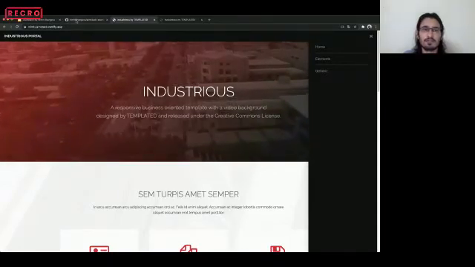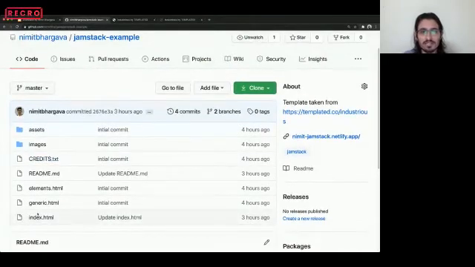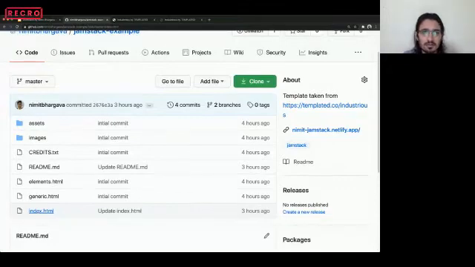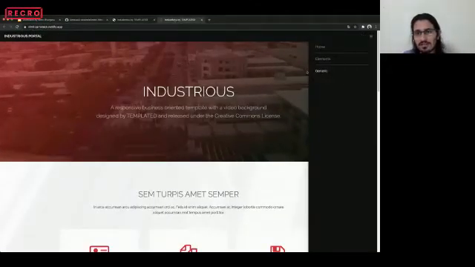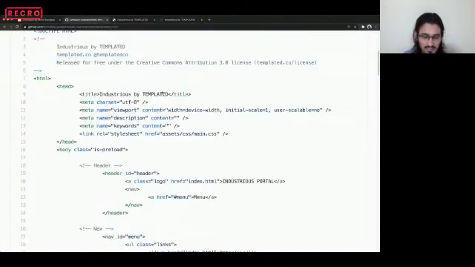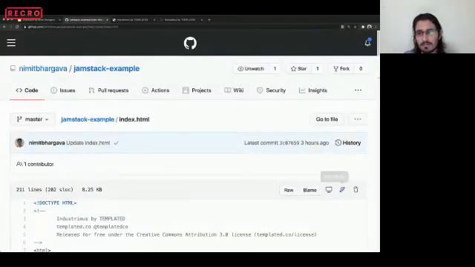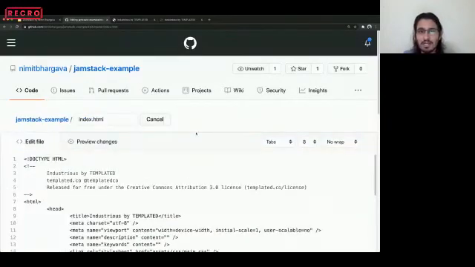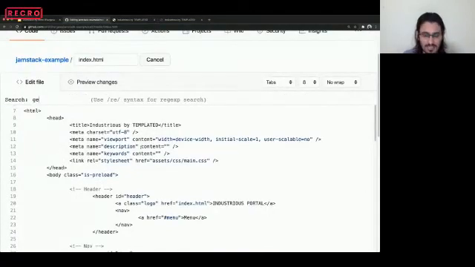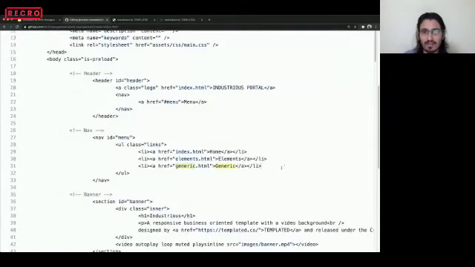As a developer, I would come here and go to HTML index.html. To be honest, at this point, I'm also not aware of the code base, but I can quickly check and make those changes. I want to put something below generic. So I'll edit and add one more li. If you have been used to this, which I think most of the people here are, then it's quite easy, we just need to add one li to it, right? So let's edit this file in GitHub directly. We can use terminal. We can fork and clone and do all of that. That's okay. But what I'm doing is just going here, searching for generic and adding one more thing,